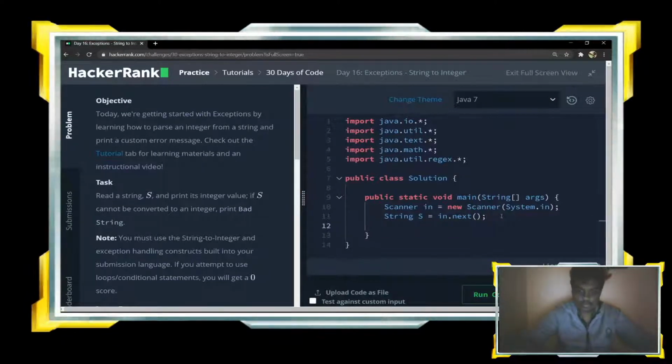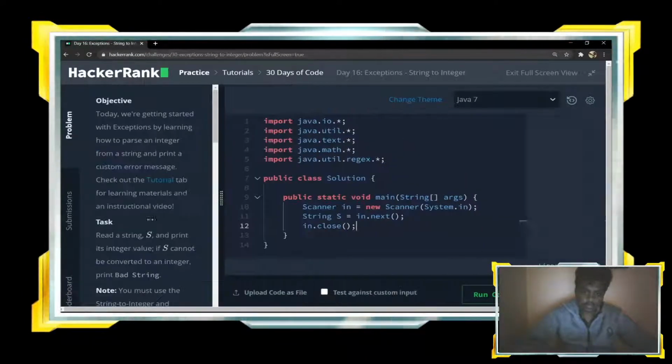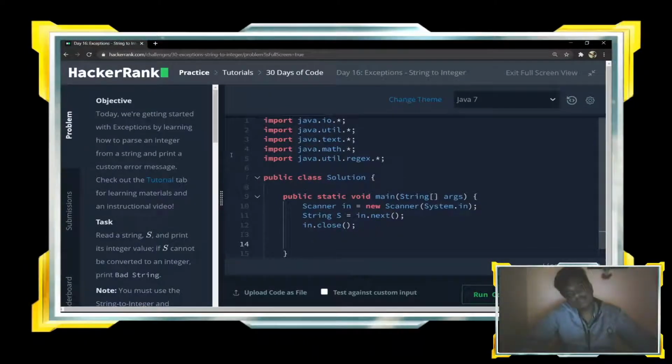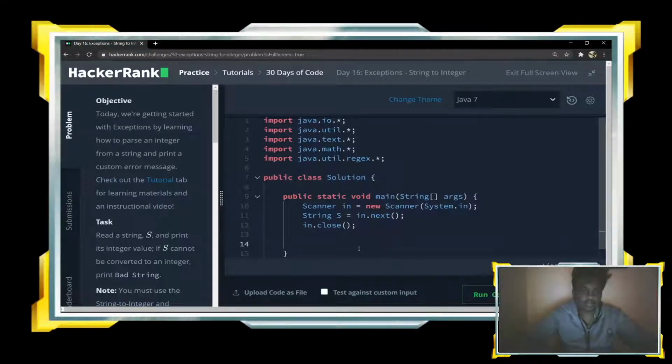Let me close it in the editor. I have closed it. Now it is totally based on if and else, right? First let me